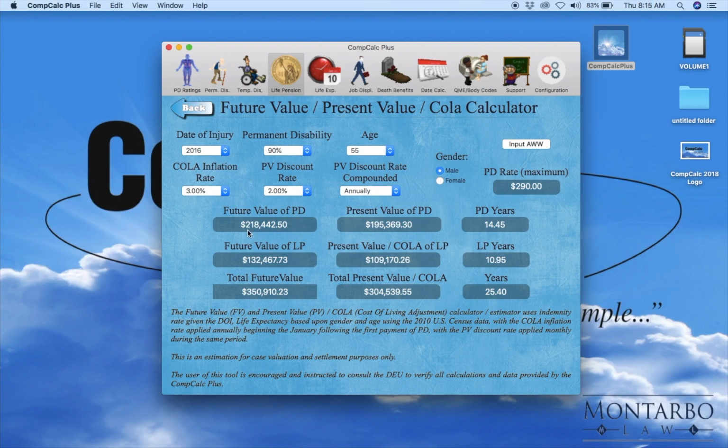Instead of actually paying, what we're doing here is calculating a CNR valuation given a life pension of 90% for a 55-year-old, based on 2010 census data life expectancy. You can see over here I've also included a life expectancy of 25.4 years. The PD, though, is going to be paid out over